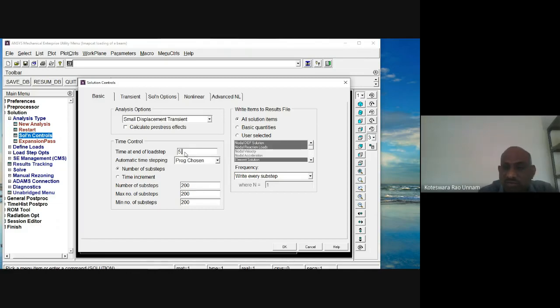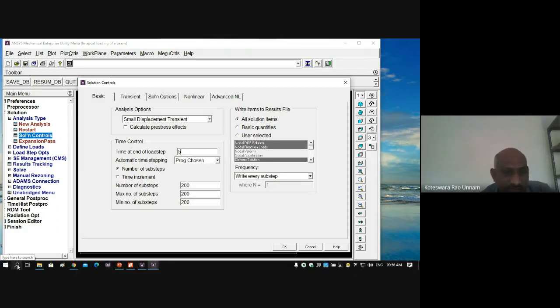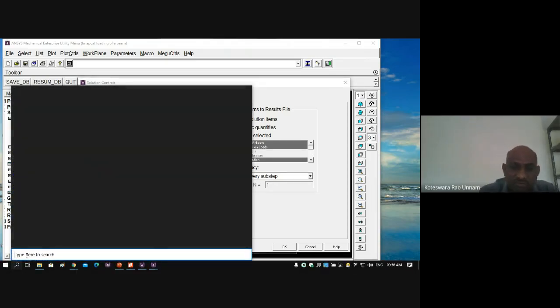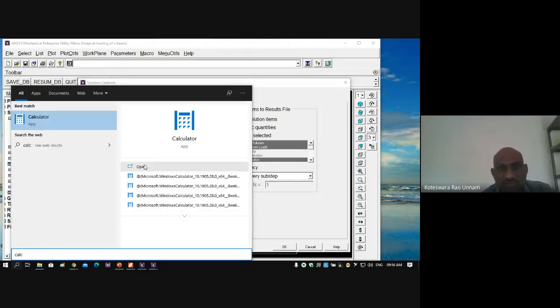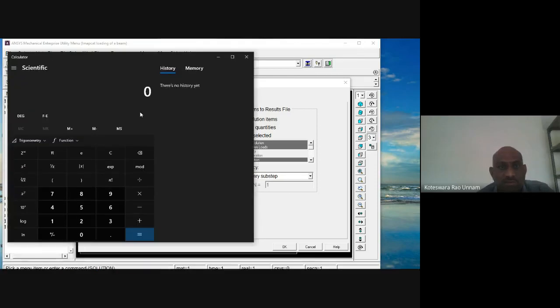That means I cannot enter that here. Let me calculate it. Calculator. So 1e minus 4, or 0.1 milliseconds, is 0.1 divided by 1000.